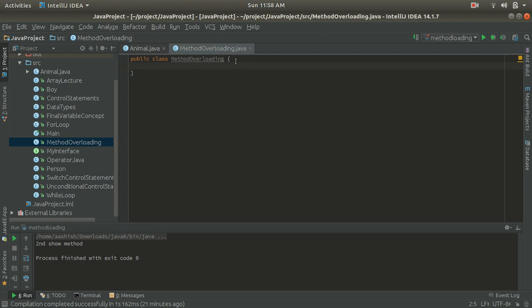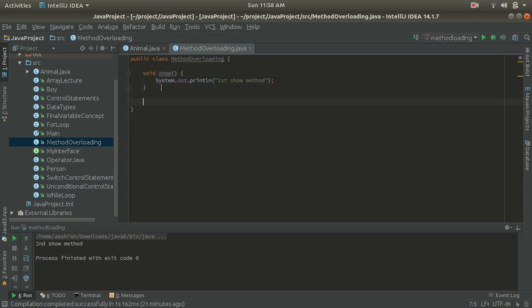So for that, I am going to create a method. Let's say I create a method with the name show. Okay, and inside this method I am writing a System.out.println, just showing the first show method. So guys, here I have created a show method inside the MethodOverloading class.